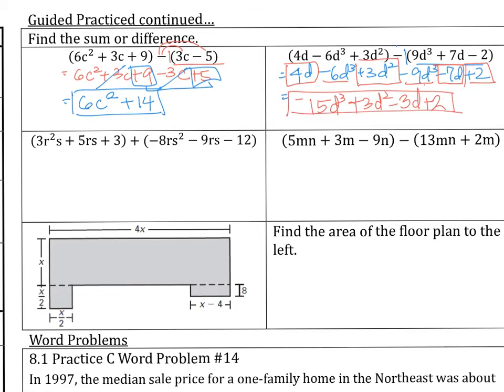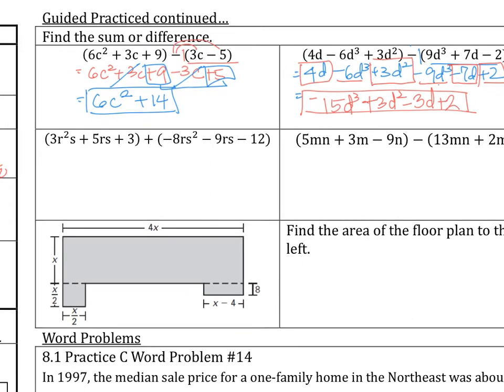And now let's look at this one. Here it's positive, so we don't have to worry about distributing. So 3r squared s plus 5rs plus 3 minus 8r s squared minus 9rs minus 12. Now let's find the like terms. We have positive 5rs and then minus 9rs. And then